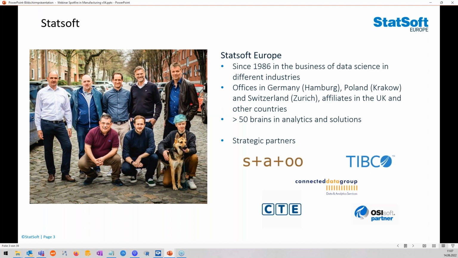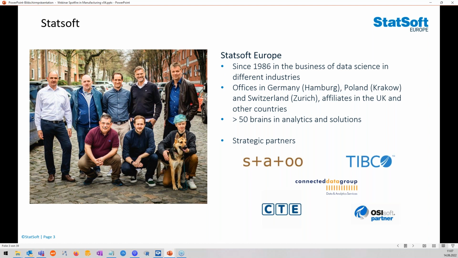Let's talk a little bit about Statsoft. Here you see some of our team members. Statsoft has been around for almost 30 years and always in the business of data science. We have offices in Hamburg, that's where I'm located. We have offices in Poland and in Switzerland as well, and affiliates in other countries.